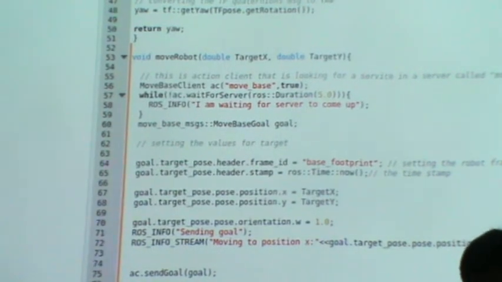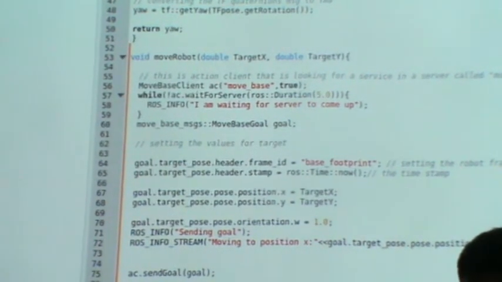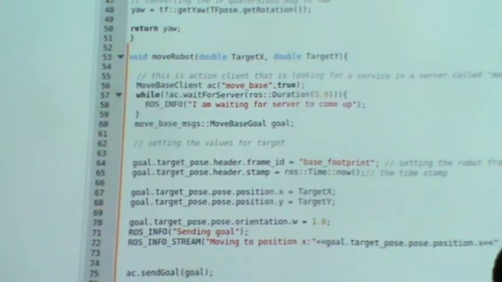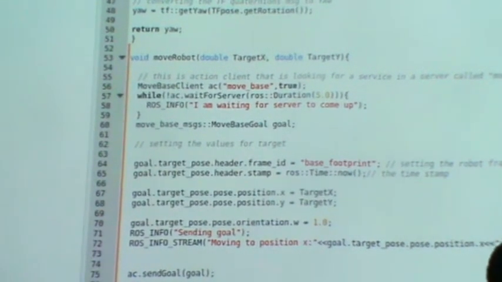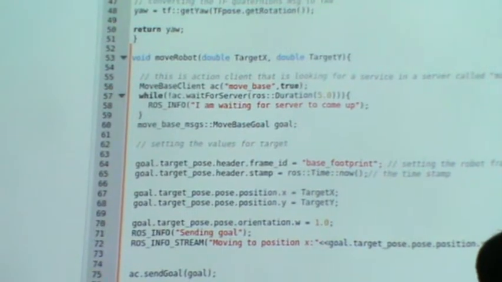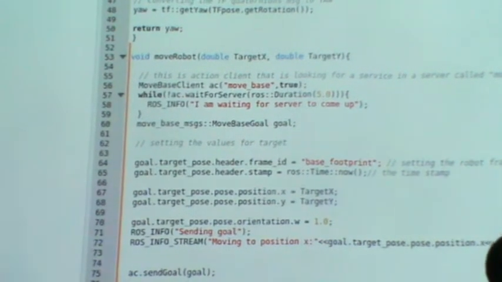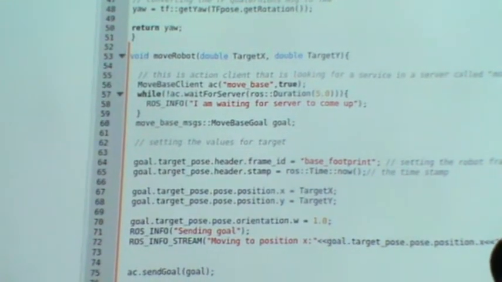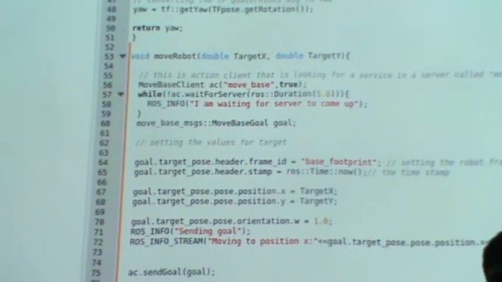In action lib, there are actually 3 things. You have the result, you have the feedback, and the goal.